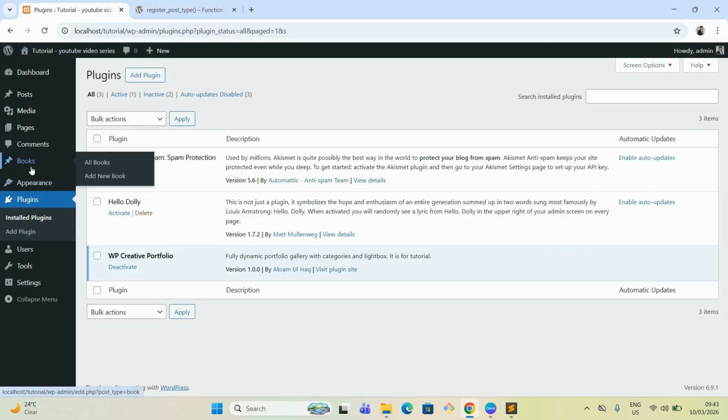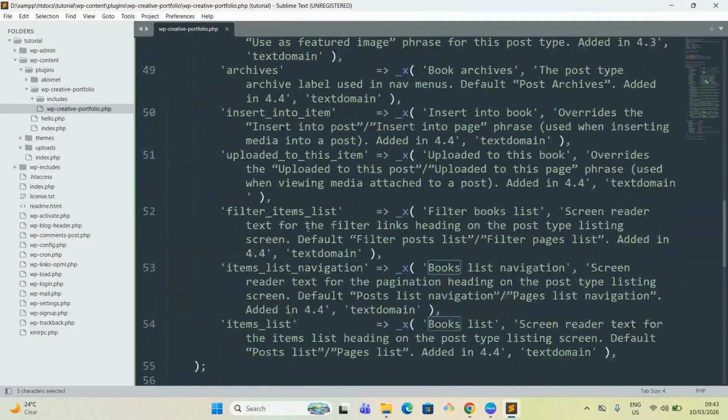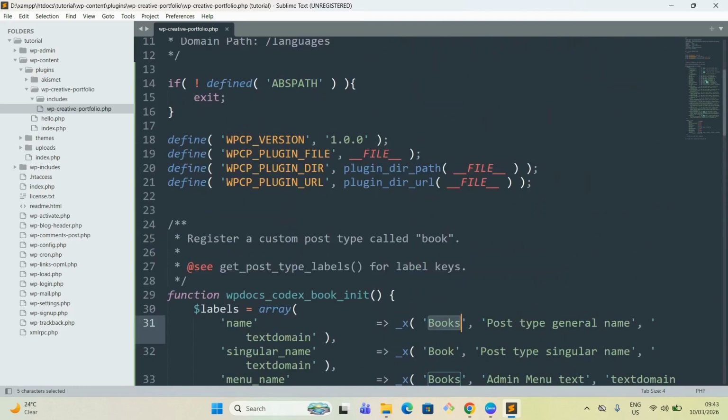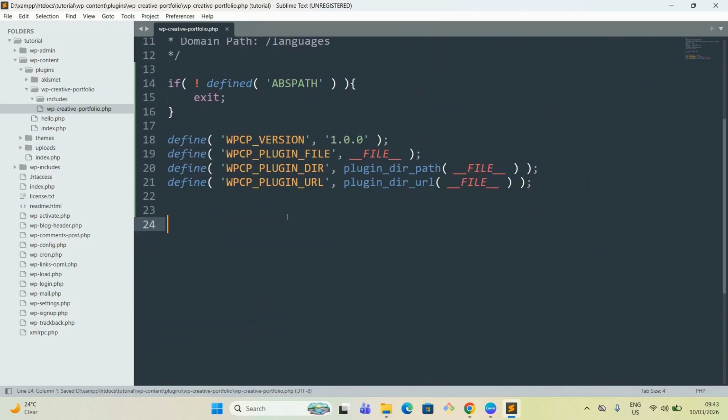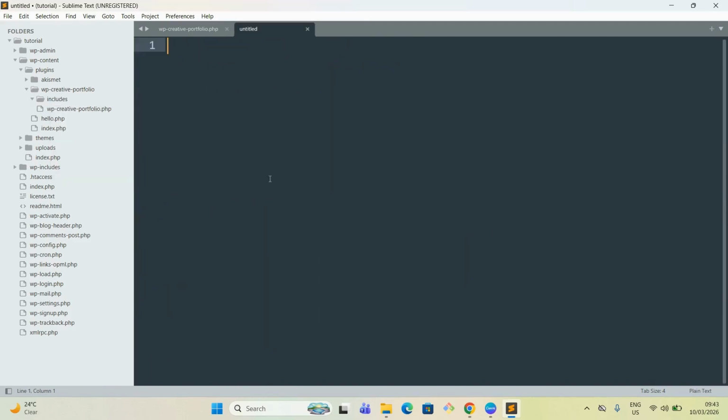Okay, here it is: books, all books, add new books. Our post type is there, but we will not be using this at all. First of all, we will be following OOP structure, and we will have a proper file structure to create these things. We will not be pasting any code in this file, but we will be creating our file for